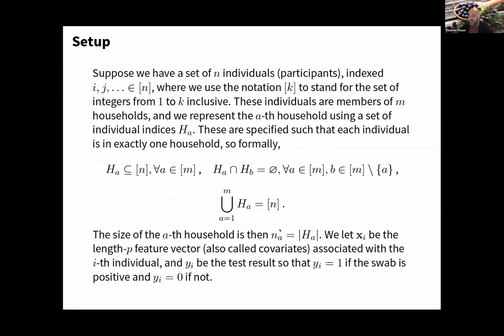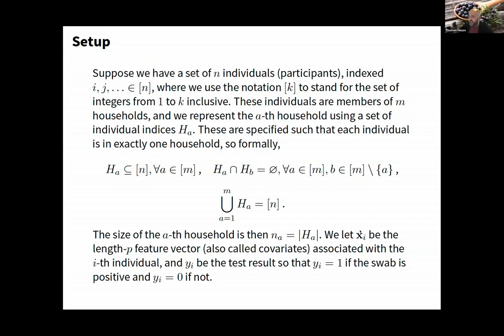So what's a household? Well, all this maths is saying is that the households are a unique partition of the sample, right? So each person is in exactly one household, and each household contains a finite number of the sample, right? And the households are disjoint, they don't overlap. Then the size of the Ath household we'll call N_A, and that's the size of the set of integers labeling people in the household.